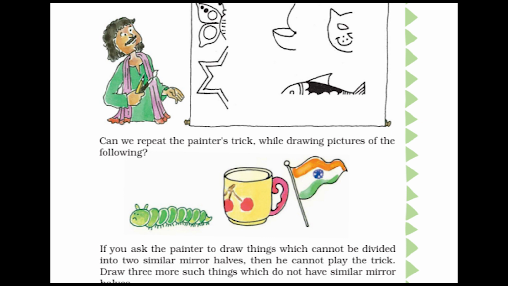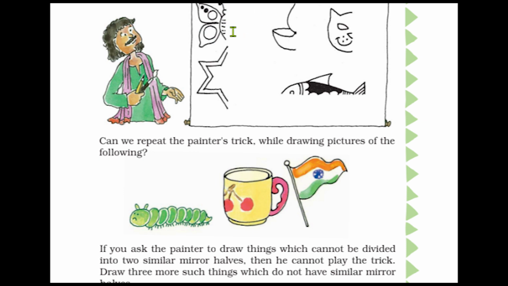Draw the other half of this picture and find out what these things are. Try doing it with a mirror. Children, you can get a mirror and put it here, and you can see the other side, and you will get a complete picture, because these pictures are similar on both sides. They are symmetrical. Things which are the same on both sides are called symmetrical.